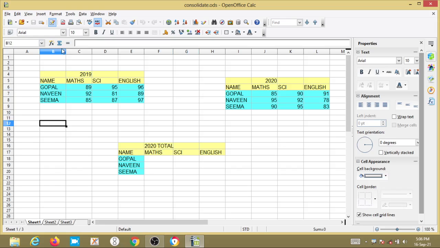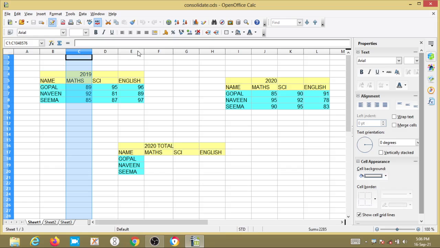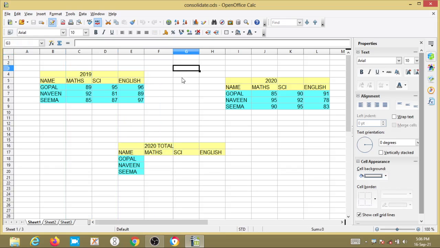These are the columns. There are 16,384 columns present, and rows means 10 lakh 48,576 rows are present.